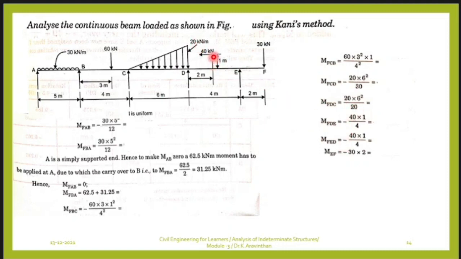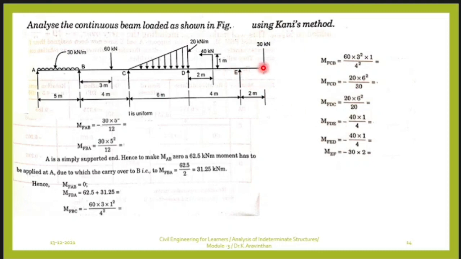Why? Because this moment creates anti-clockwise force, isn't it? So if this is acting on an object, it creates an anti-clockwise moment. Say for example, if this force is on the right hand side, what will be the moment? It will be clockwise. You have to take plus here. So find the difference for the given data.